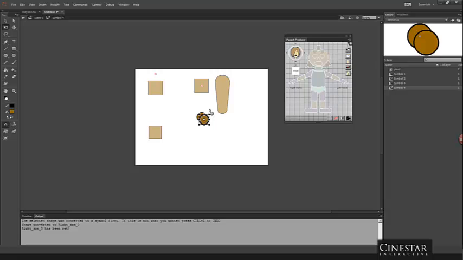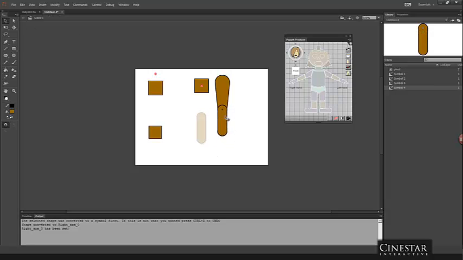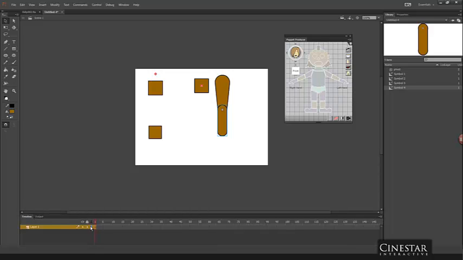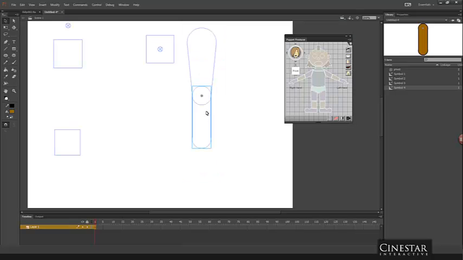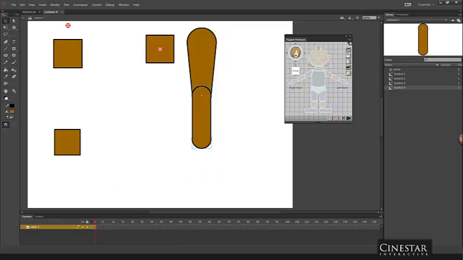I'll go in there, duplicate it, and move it down a bit depending on how I want my arm to be, and just connect them. Fill in the gaps there, and now I have a forearm. Now I can turn on my outline mode so I can adjust it. Ideally you want to adjust it so you have a perfect circle at that joint area, and you can test the rotation inside of Flash itself